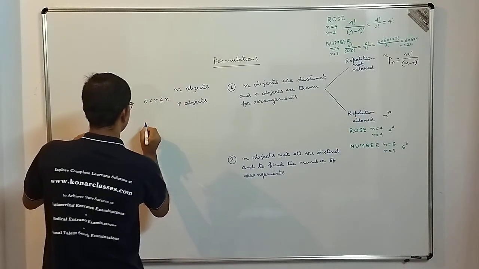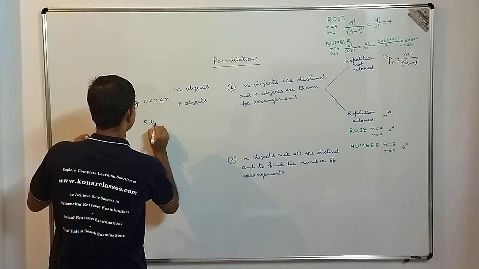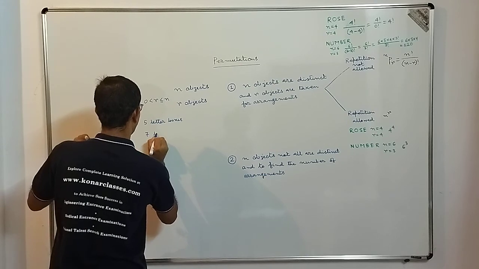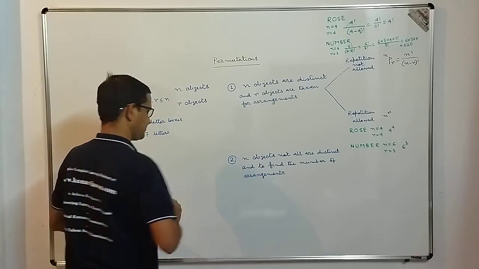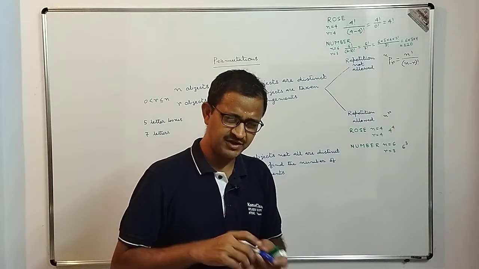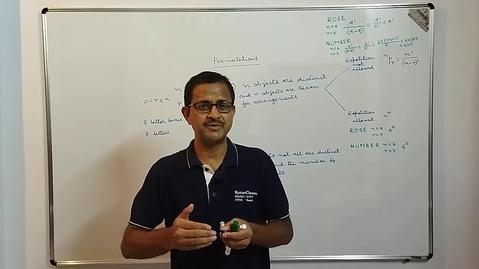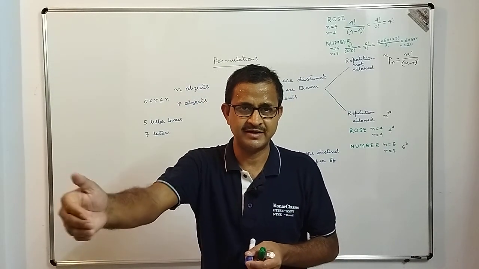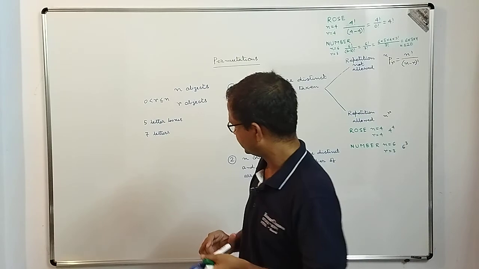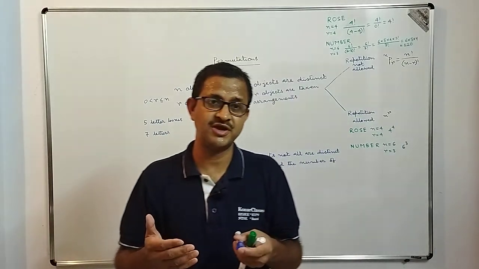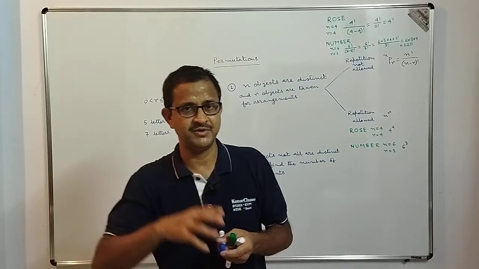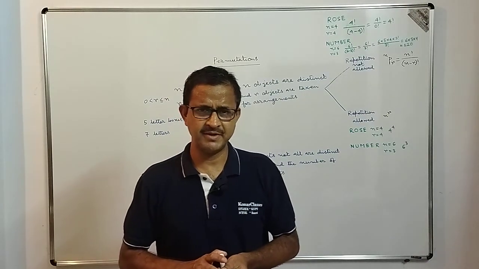So I can write it here. Suppose that 5 letter boxes, and how many letters? 7 letters. Let me repeat once more, that your parent gave you 7 letters in envelopes and told you please drop those envelopes into the letter boxes on the way to your school. And you see that there are 5 letter boxes. So the question is, in how many ways can you deposit those envelopes into the letter boxes?